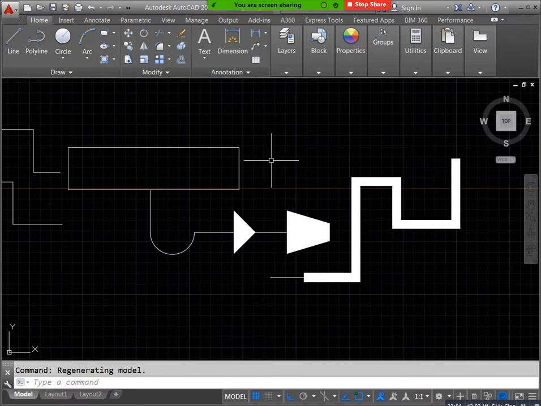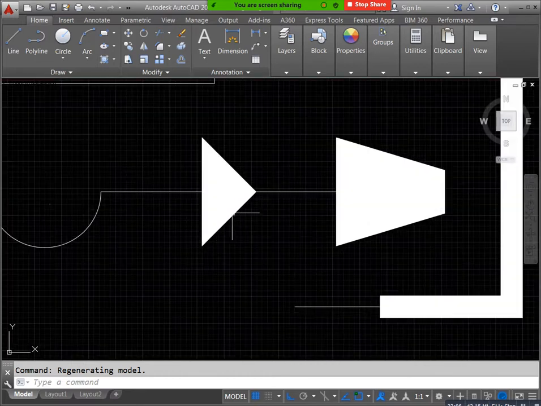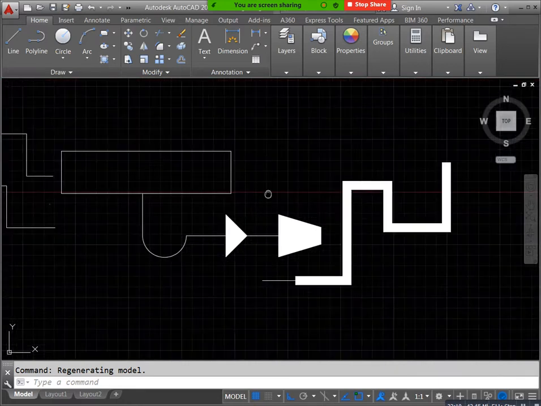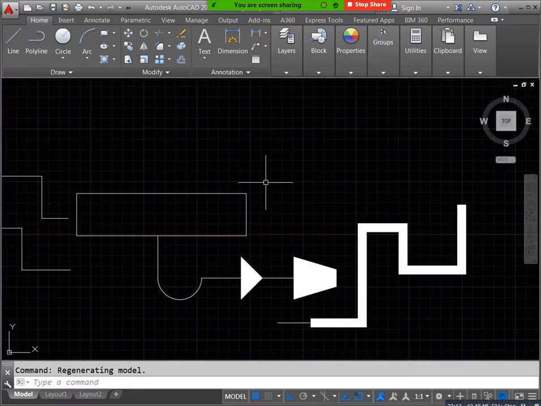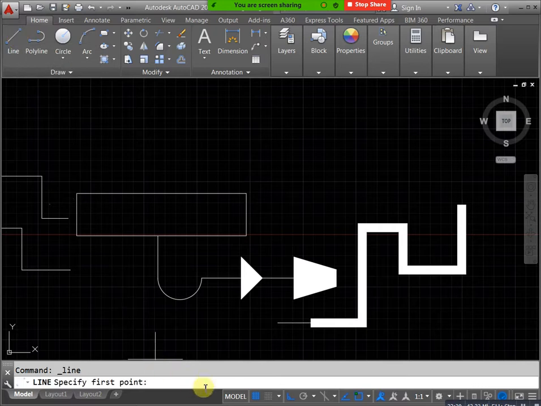Next we have arc. Totally we have 11 types of arc. Based on the situation we can use these 11 types of arcs. Okay. These are very easy and useful commands. For example, we will take the 3-point arc. We do not need any references. In case you have empty spaces, you can select those points also.